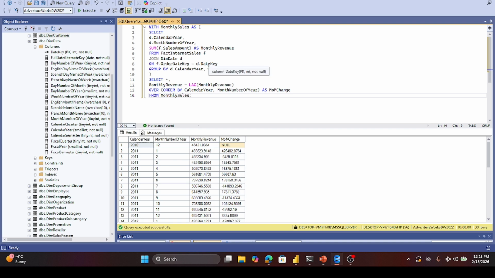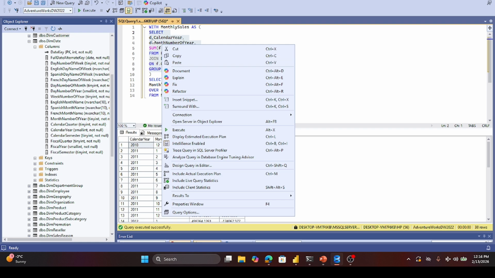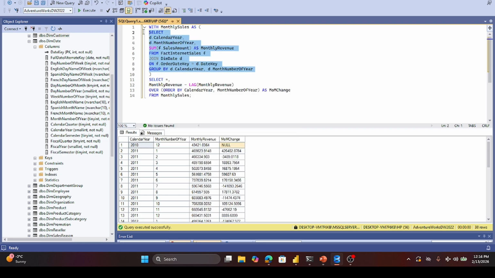So let's examine this one. Select D dot... if we run the first query, what it does is giving us the revenue of months